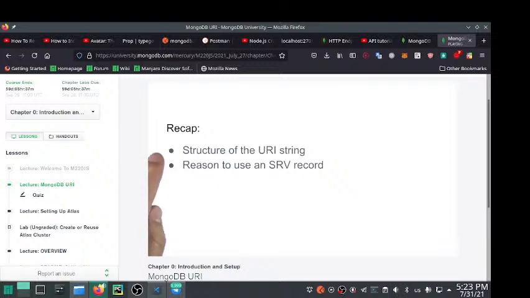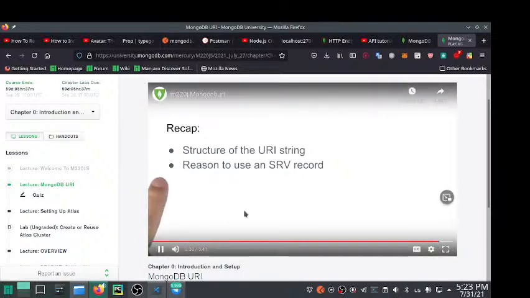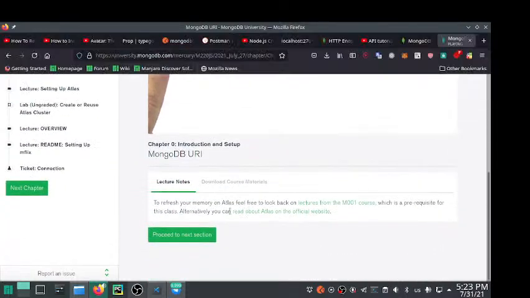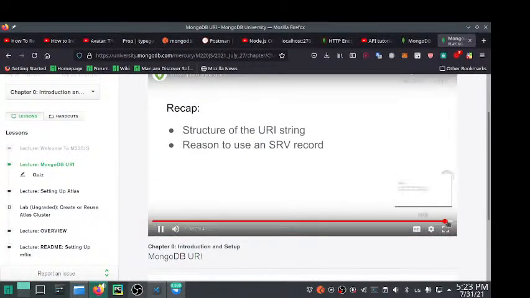To recap, in this lesson we covered the structure of the URI string, and we briefly discussed the reason to use an SRV record. The URI string is required to connect to